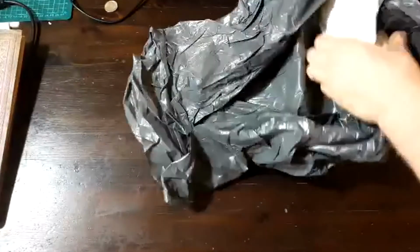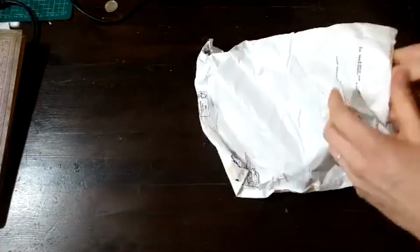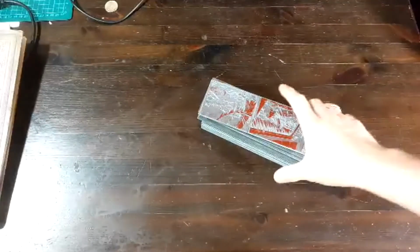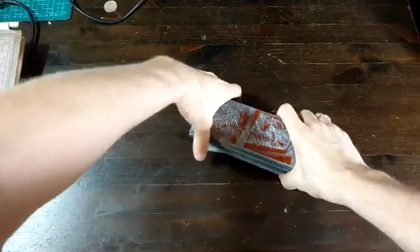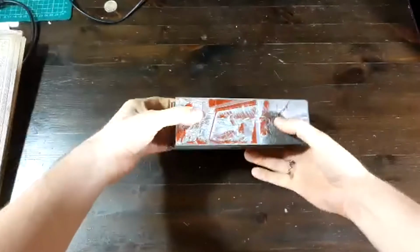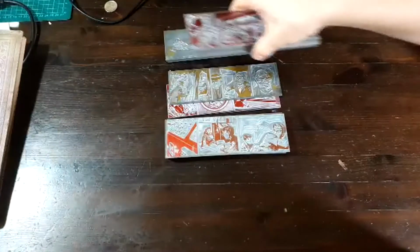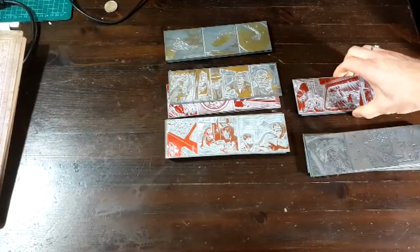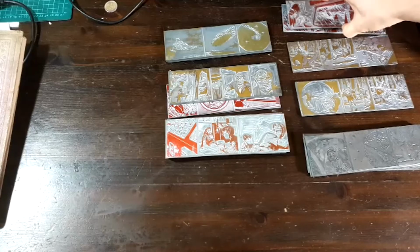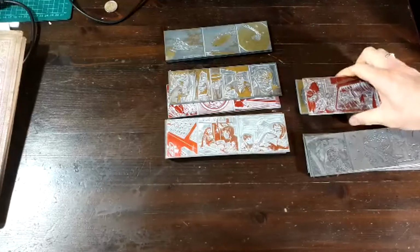So here it is packed, and packed even more. So it's a collection of, I think in English it's called magnesium plates. So that's some plates used for printing. On this occasion, used for printing comic strips. And it's a sort of sci-fi comic strip from one of the Dutch newspapers from, I will have to check it,